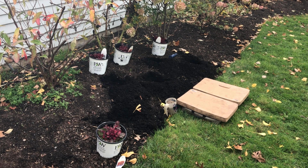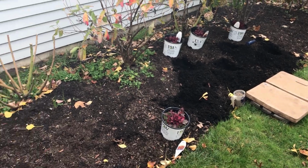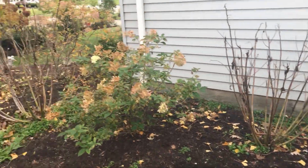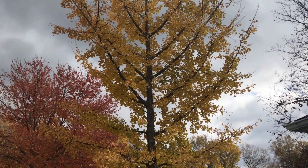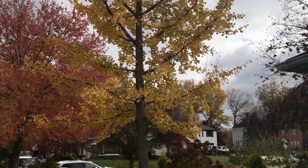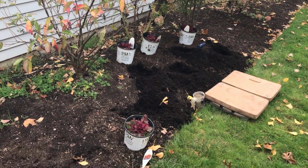Today, as you can see, I've got some pots sitting there. Some Proven Winners pots. I love Proven Winners plants. They just seem to do better for me. First of all, before I start that, I want to show you the ginkgo in its prime, golden glory at the moment. Nice and gold. All right, so